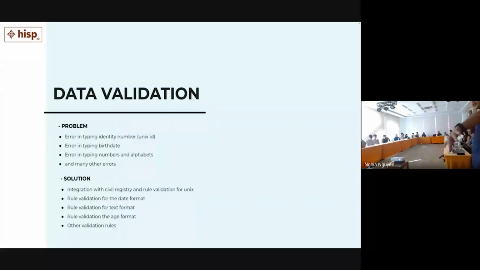And then rule validation for text format. This is unique. If you visit Indonesia, you will find many people just put the number by text, like A, B, C, something like that. So we use the validation rule for a number field too, only number. That's what we do because